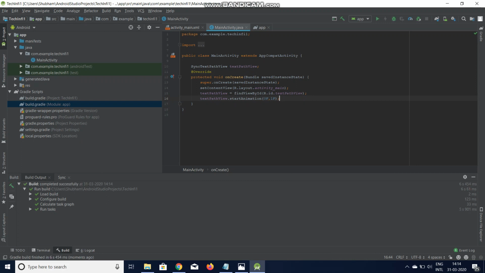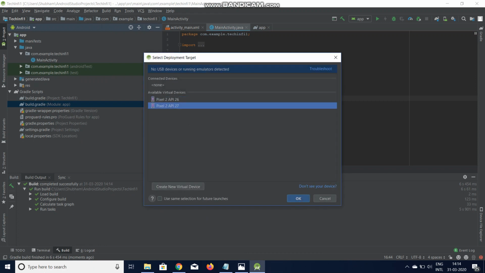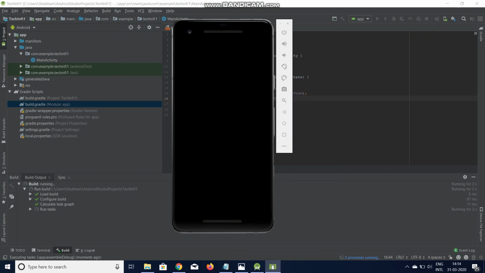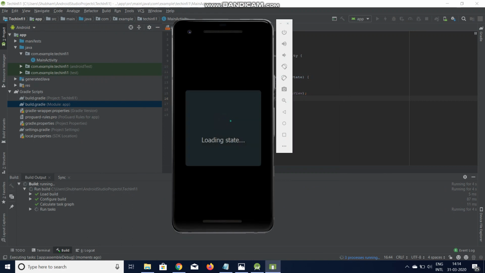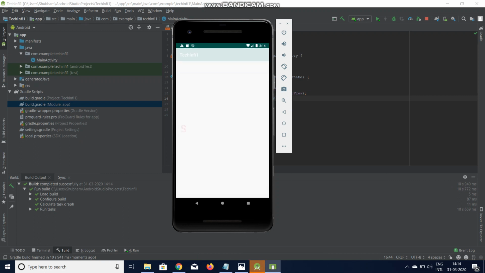It has built successfully. Now let's just run our app. See, this is how it will